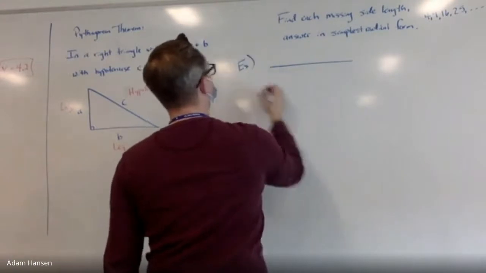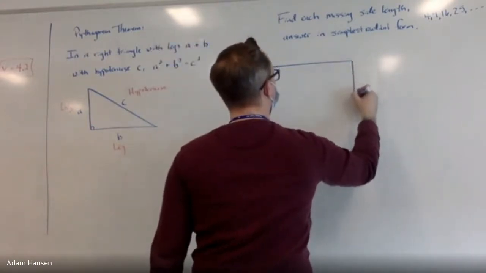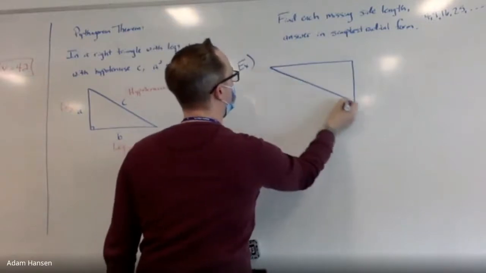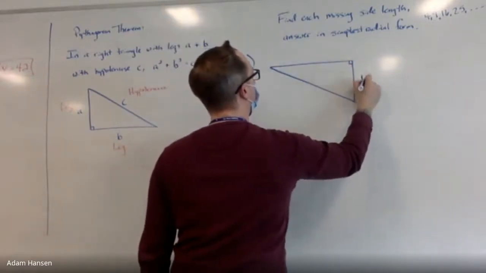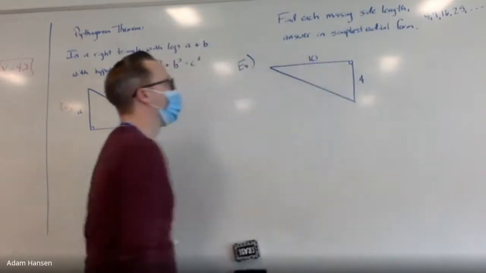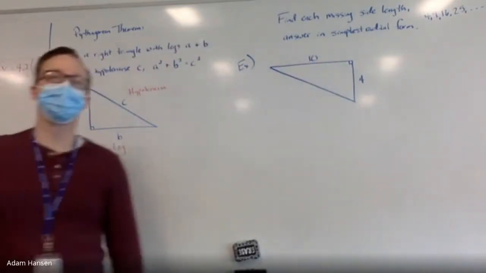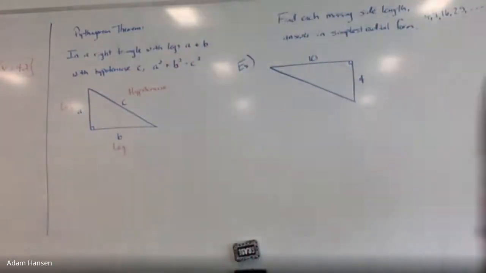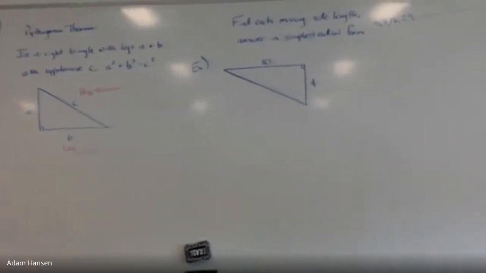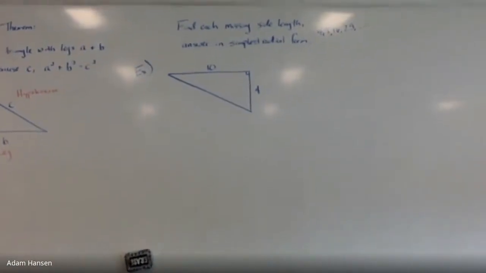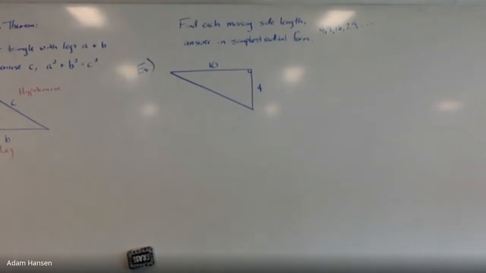Draw a right triangle here for our first example. Directions say this: find the missing side length using Pythagorean theorem. Answer in simplest radical form. So in our first right triangle, I have two sides labeled 4 and 10, and the third missing side left over for us to find. That third missing side, is that a leg or hypotenuse? Hypotenuse. So let's label that as letter C,